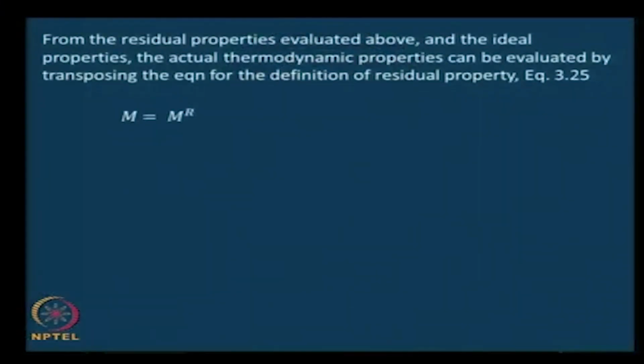Therefore, let us see the obvious thing. The actual property is nothing but the residual property plus the ideal gas property. For a process between states 1 and 2, delta M or M2 minus M1 is nothing but delta MR plus delta M of an ideal gas,